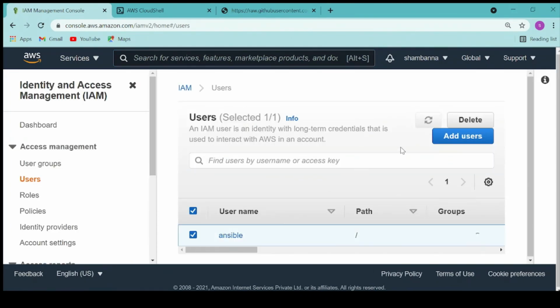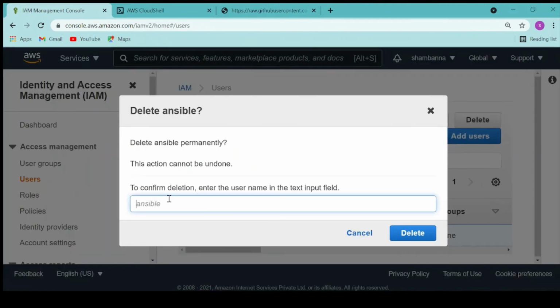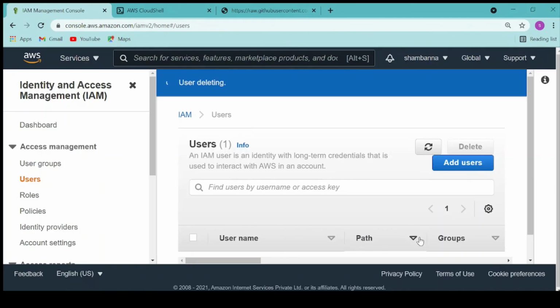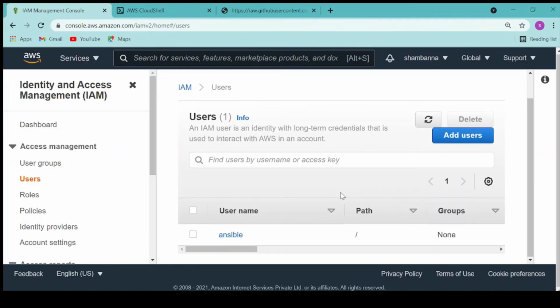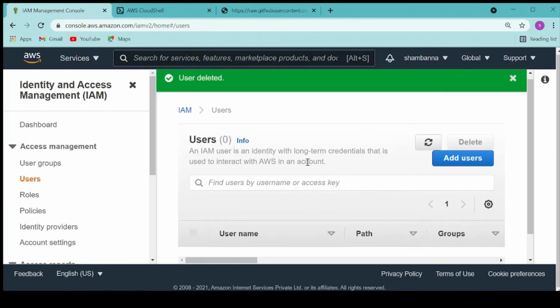Yes, this user we can delete. Okay, this user is also deleted.